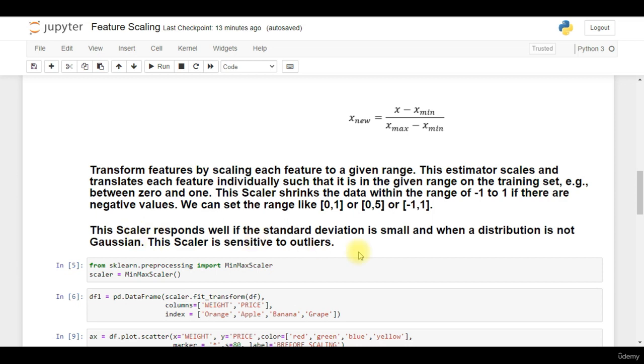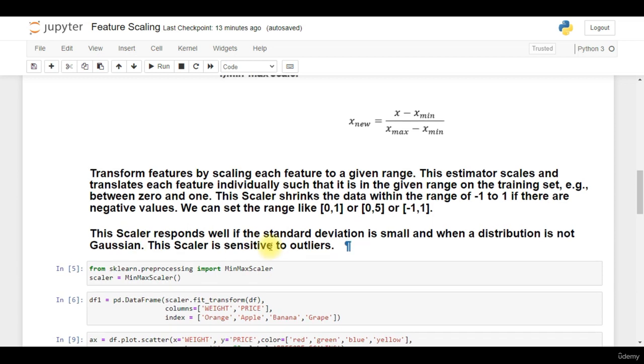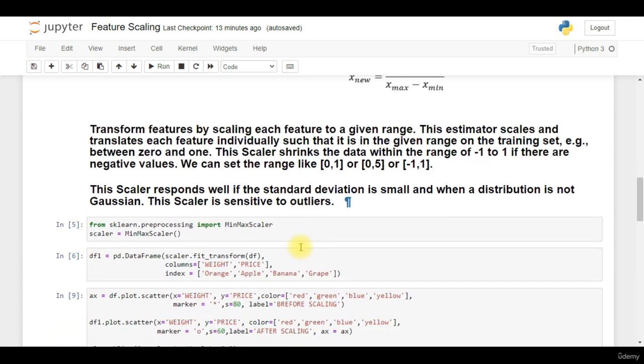So this is a very important point that you can remember. This type of scaler will work very well when the standard deviation of the data is very small and when the distribution is not Gaussian. And another most important thing is that this scaler is sensitive to outliers. And how do we implement min-max scaler